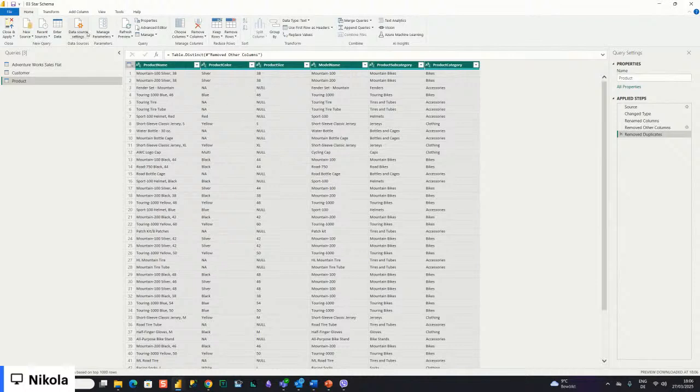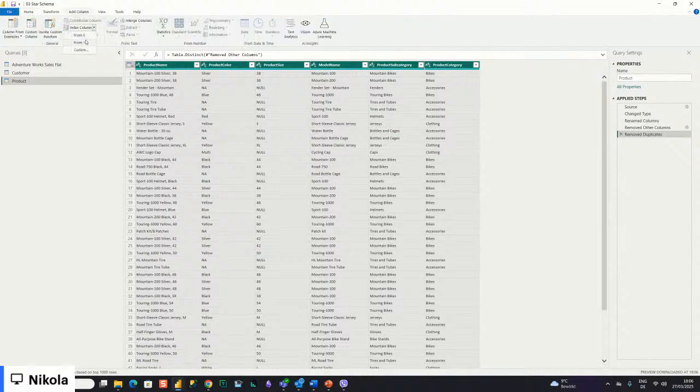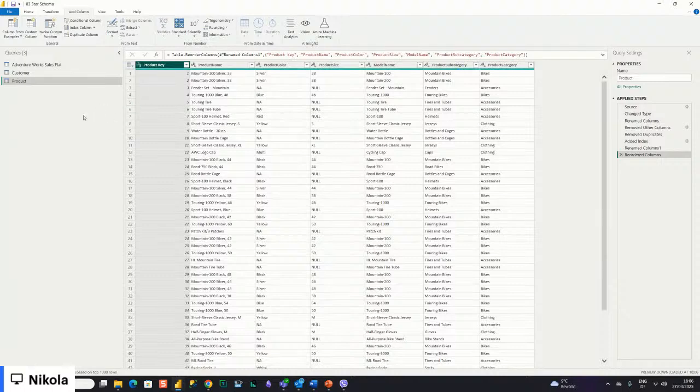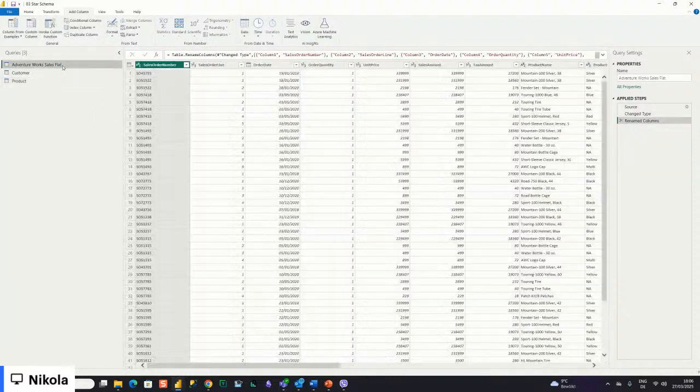And finally, let's add our surrogate key that starts from 1. I'll call this one product key. Okay, I'll drag it at the beginning. And now I have my product dimension. If I go to the original query,